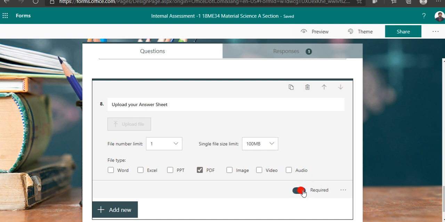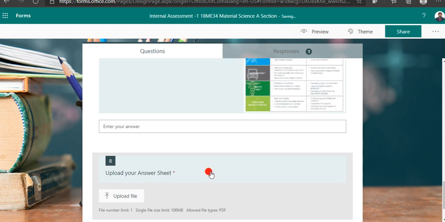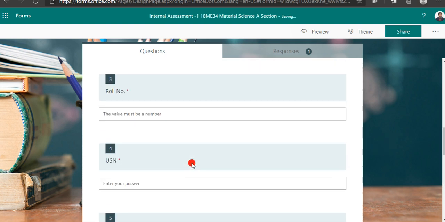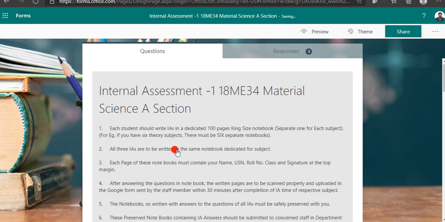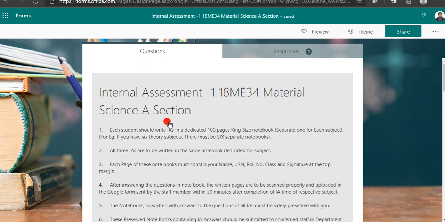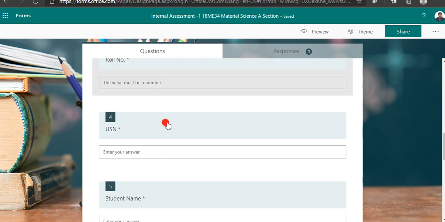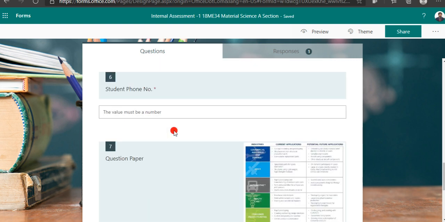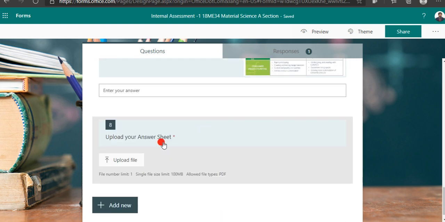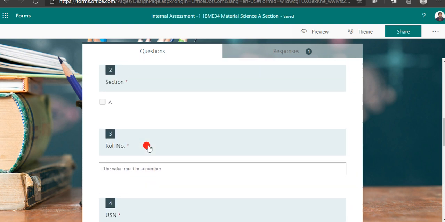Then it should be set to required. Then, after coming up with all the required data, whatever you want to ask the student to fill, he will go through it, fill it in, and upload his answer sheet at the end. Then what happens,